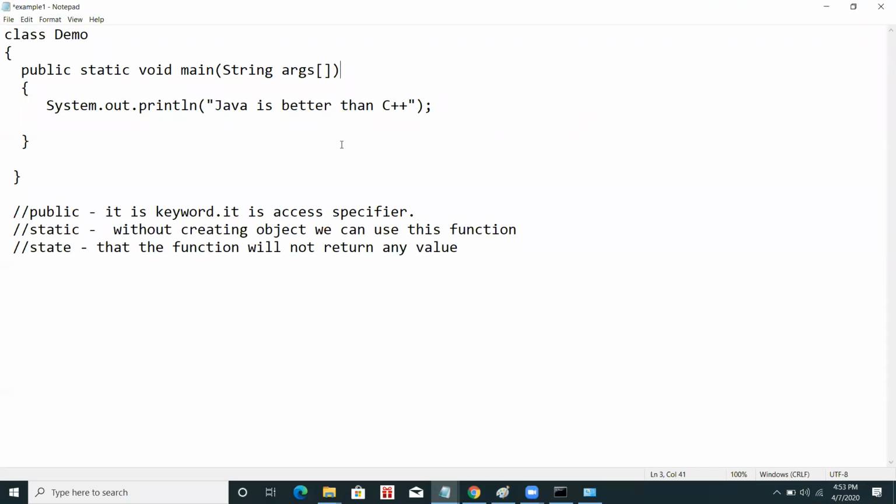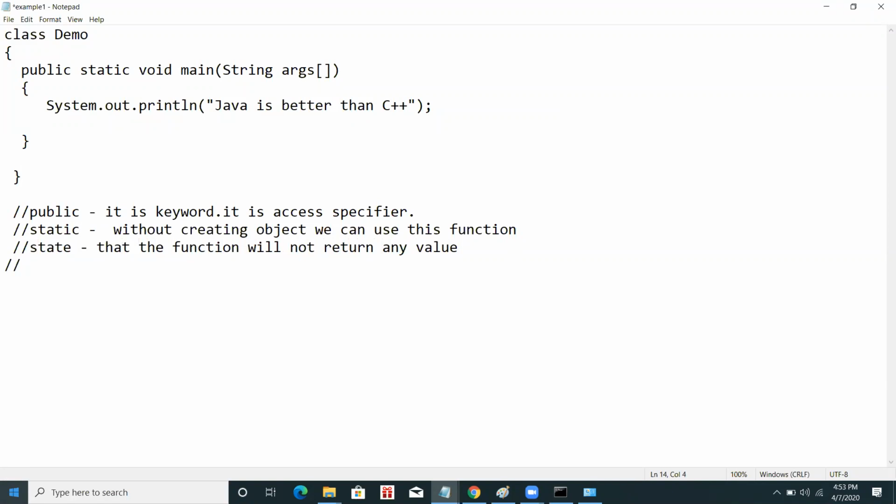Okay, so this is the public static void. Now what is main? Main is the starting point. Each and every program in Java, any software or program we create in Java, has a main function. So what does the main function actually do?